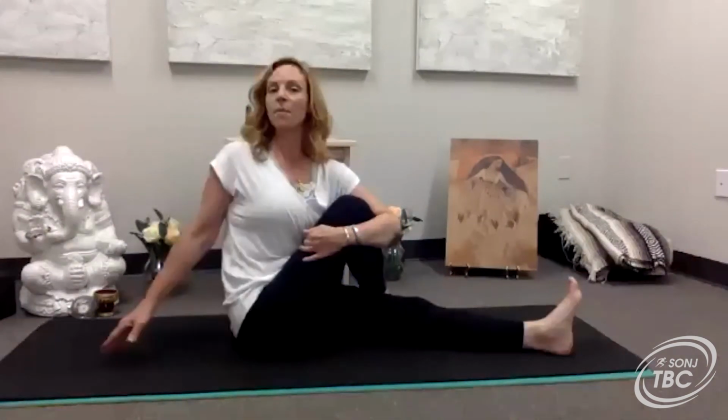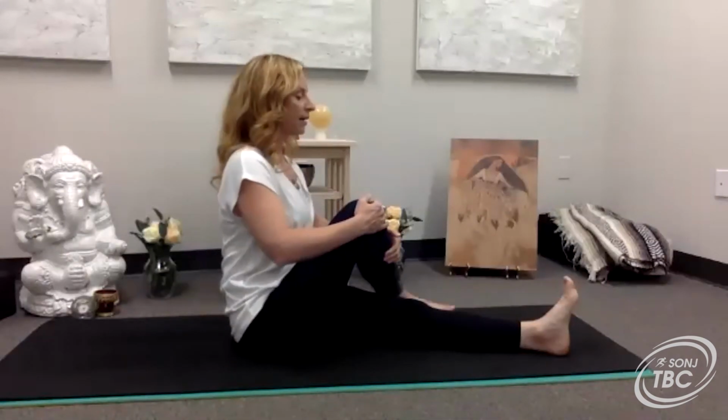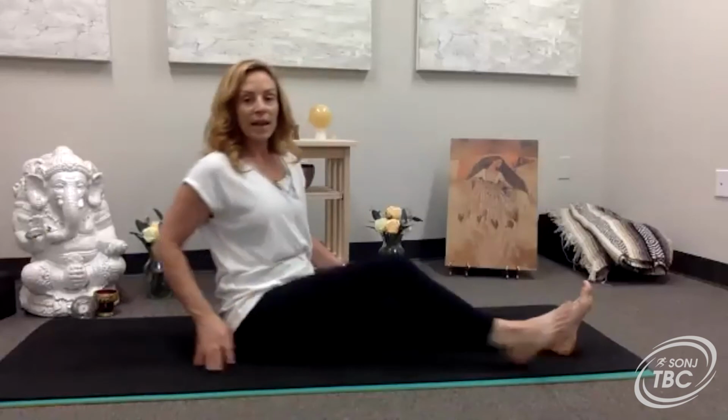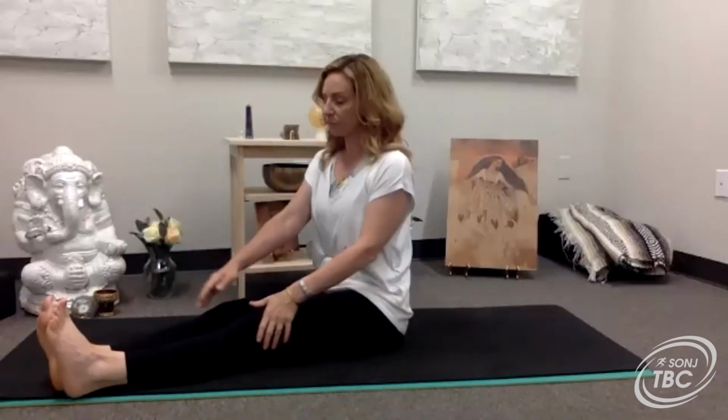Exhale, releasing. So maybe sitting up a little taller, twisting a little bit more over the right. And then we're going to come back, coming back to center, twisting that body back, send that right leg long, shaking those legs out. I'm going to turn just so you can see me, but you can stay where you are. Now we're going to bend the left leg,